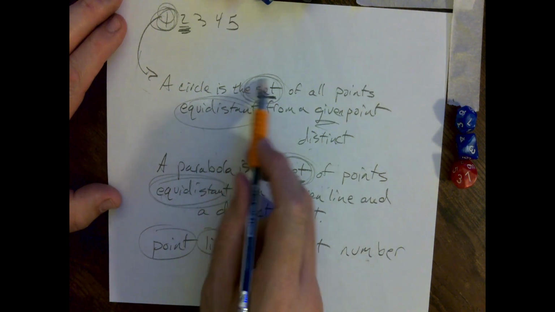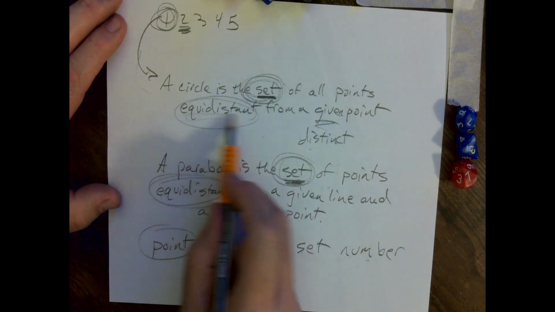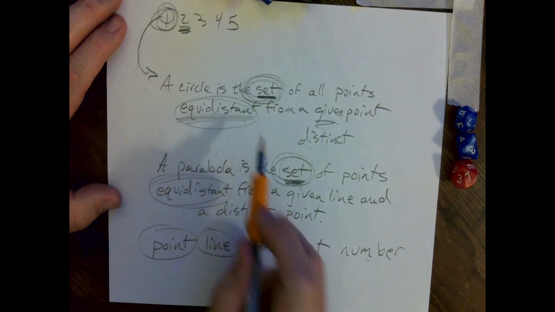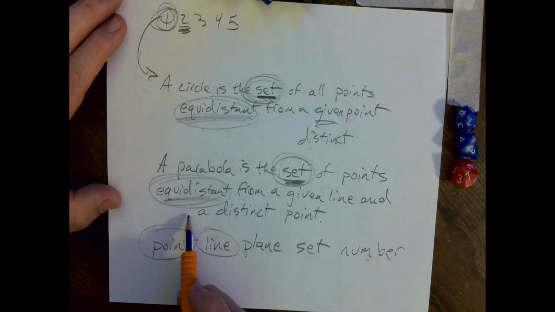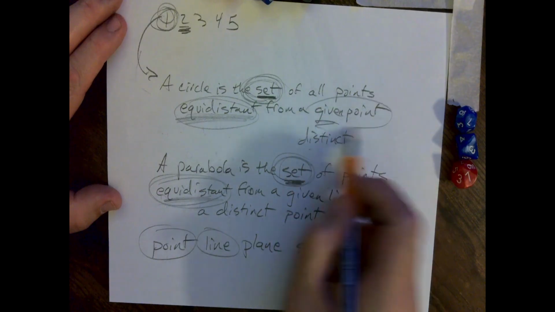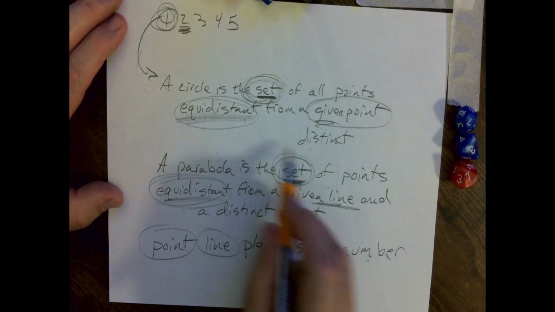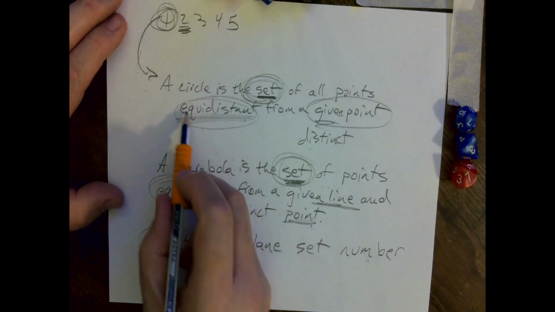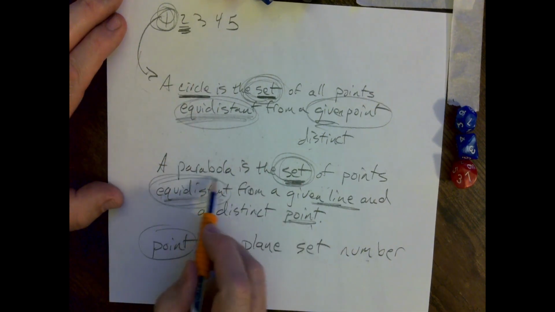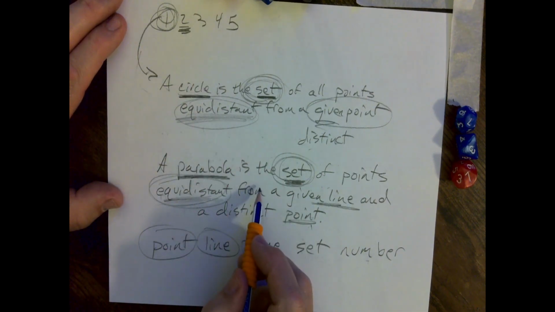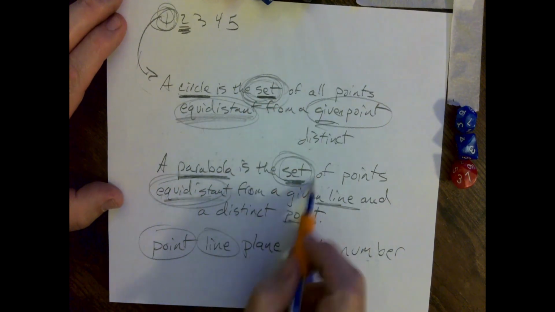But this is important. You could break that up into multiple English words, and that would be okay. That's part of the definition, the line and the point here, directrix, focus, part of the definition. But to get full credit for these definitions for a circle and a parabola, you need this word in there,